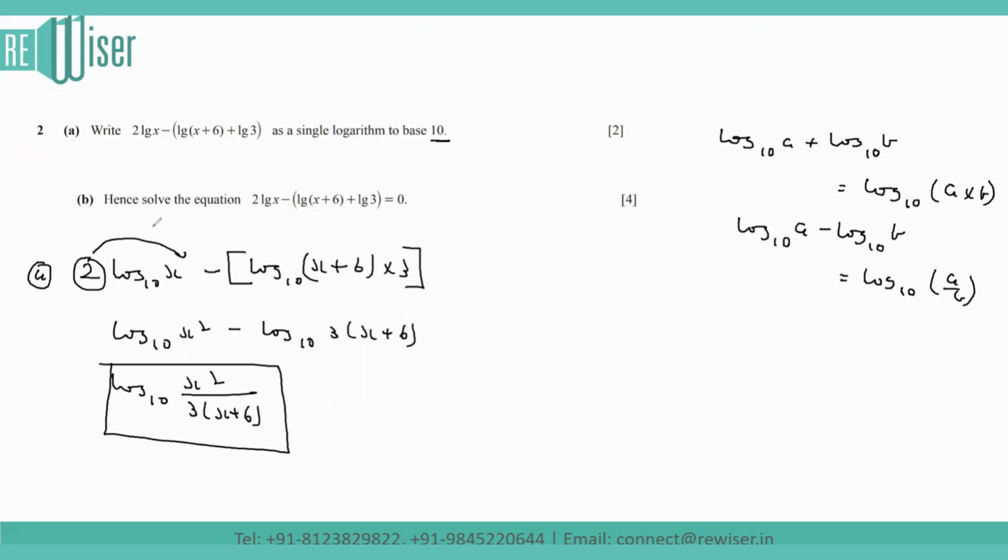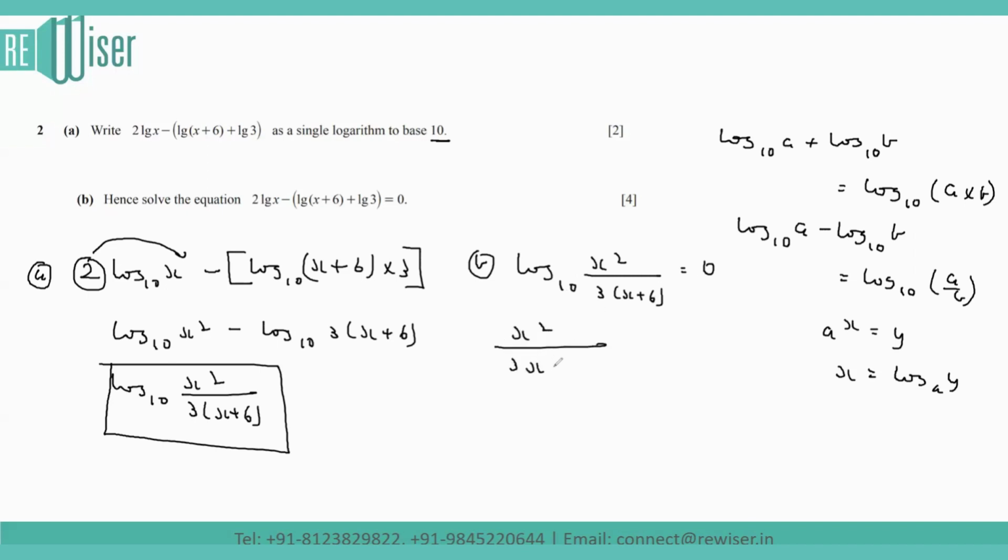Now moving on to the B part of the question, they said hence solve this equals to true. So we already got the condensed form of the logarithm which we'll be using in the B part. That means we can write it as log base 10 of x squared over 3 into (x + 6), and that's equal to 0. So here we'll be using the property that if a to the power x equals y, then x equals log base a of y. So here we can write it as x squared over 3x plus 18, and that should be equal to 10